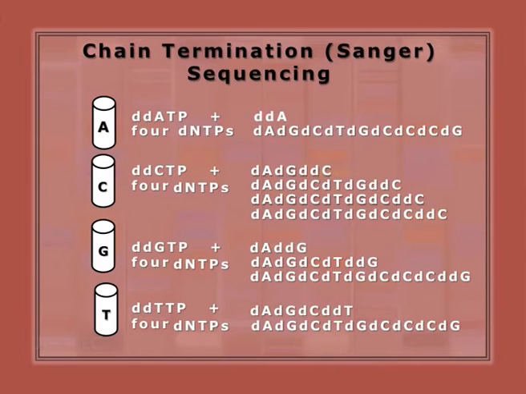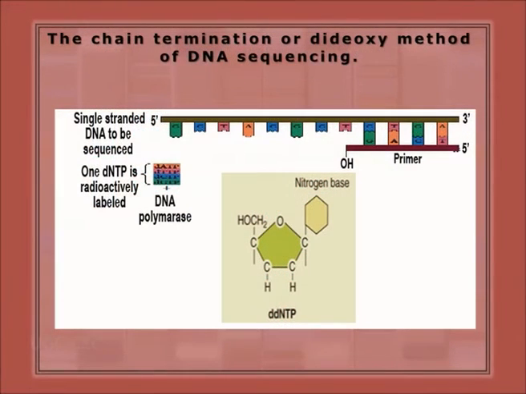So he made 4 different reaction mixes. In each tube, there are all the 4 dNTPs, but one dideoxy dNTP was present, as herein dideoxy ATP is present. So in this tube, all the reactions that terminate will obviously terminate at adenosine residues. Similarly, in the second tube, as it contains dideoxy CTP, the chain termination will take place after incorporation of dideoxy CTP. Herein, dideoxy GTP is responsible for termination, and in the fourth tube, wherever DNA terminates, it is dideoxy TTP. You can see how the reaction was set.